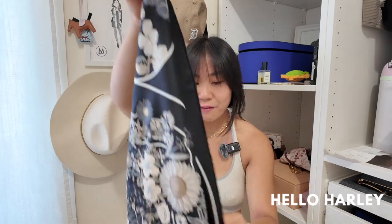I like to fold this silk scarf in half. So this way you're probably going to really like, because Sabrina Carpenter has been doing this, you're going to fold it in half. Obviously you can wear it like this, like a schoolboy, but you can also, so you have it folded in half, and then you're going to take it and tie it back here. And I like to do a double knot. And then you have yourself